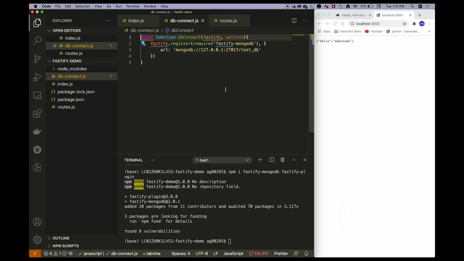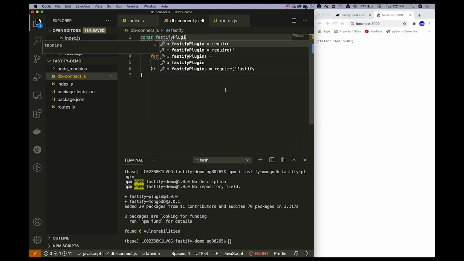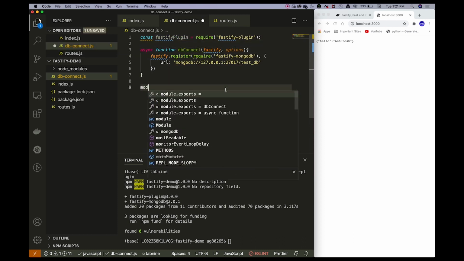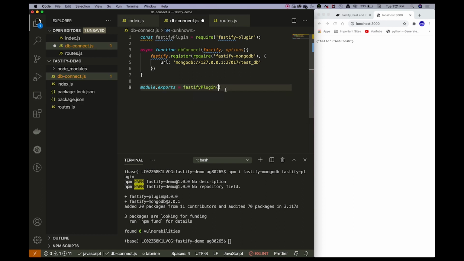So Fastify plugin will be a wrapper around dbconnect, and to do that, first we need to import Fastify plugin, and while exporting this dbconnect, we will just wrap it with Fastify plugin.